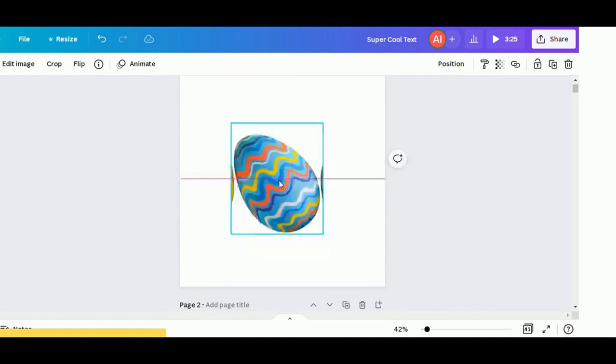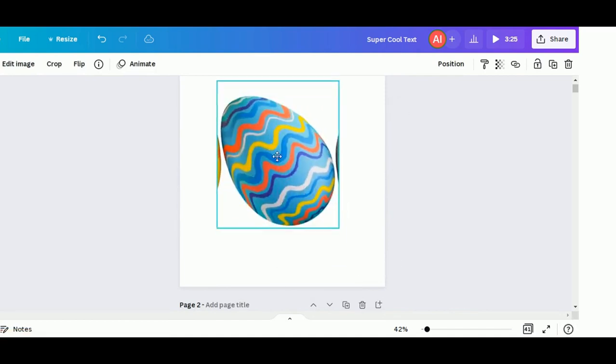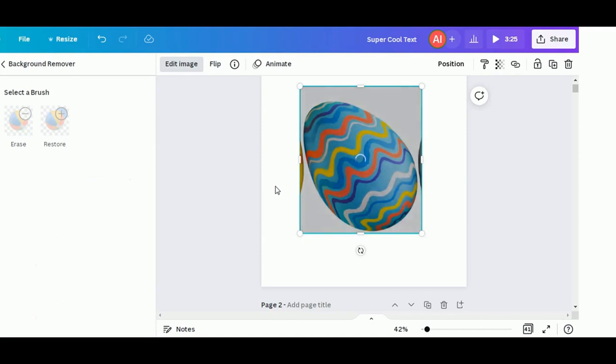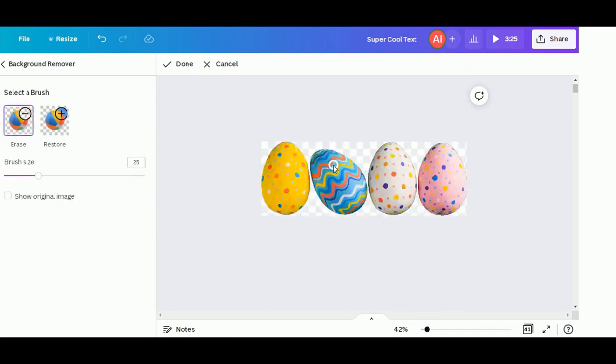Before clicking on the Apply button, click on Erase and remove image parts. Click on Done.